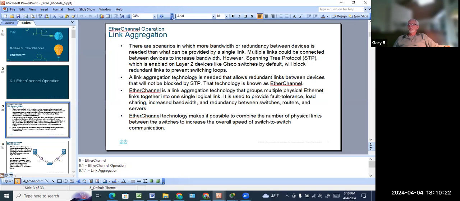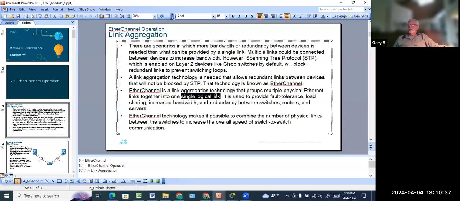So they came up with EtherChannel. And what EtherChannel does, it's going to provide a number of advantages. One, it's going to group the links into one single logical link. So that way you don't have spanning tree closing down one of the multiple links that you have between the two devices. Now, how does that